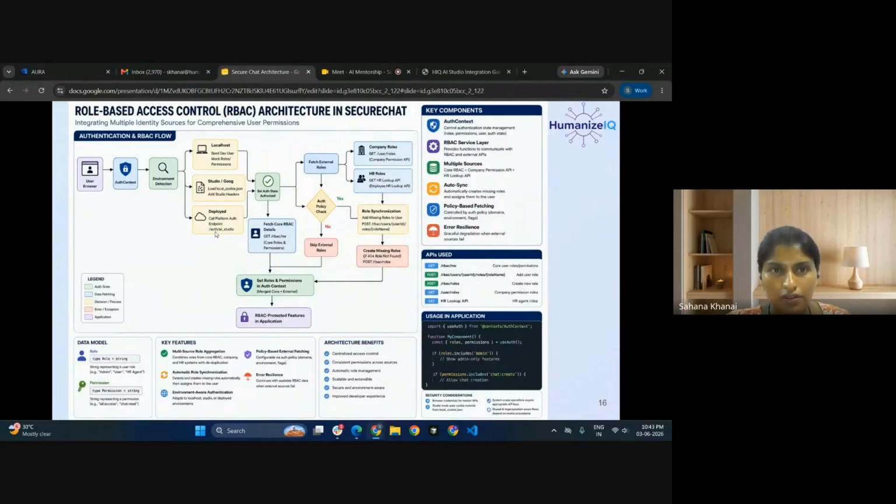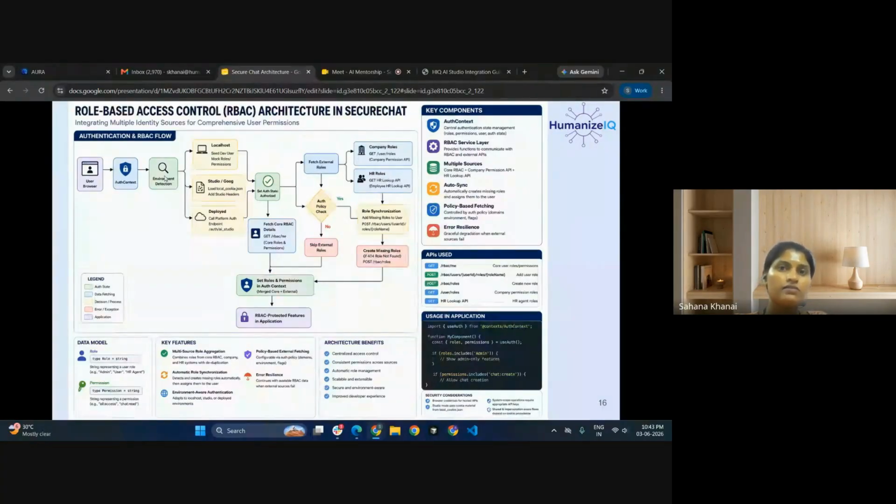So Auth AI Studio sets the auth state. If it is authorized, fetch the external roles. Why are we using external roles? For internal purposes we are using the user management database, but sometimes we are giving this to customers. At that time the customer will have a different database, and they will be on different API endpoints.